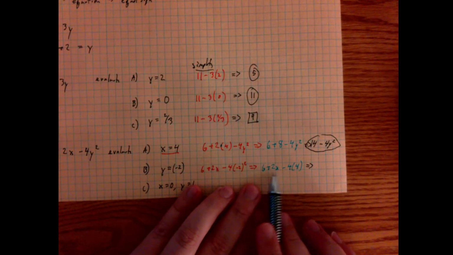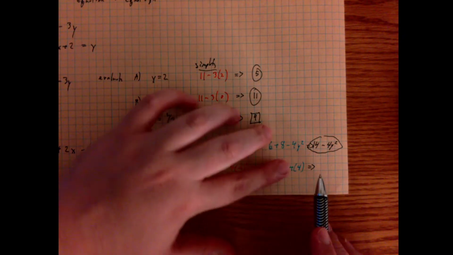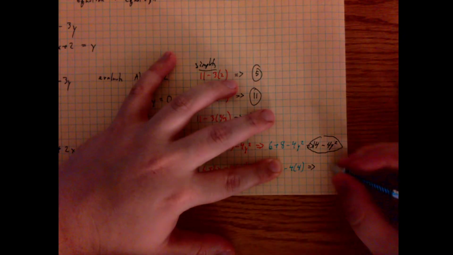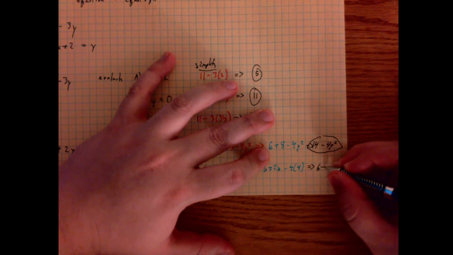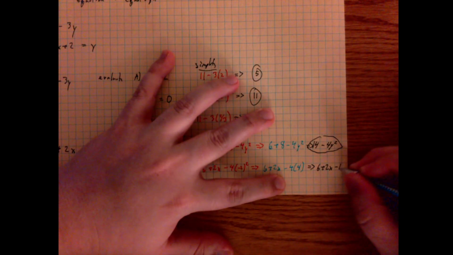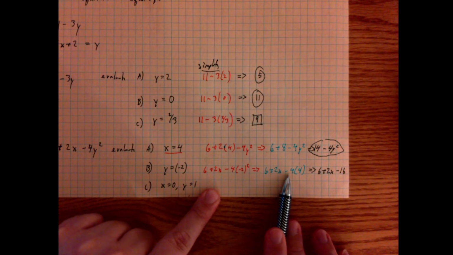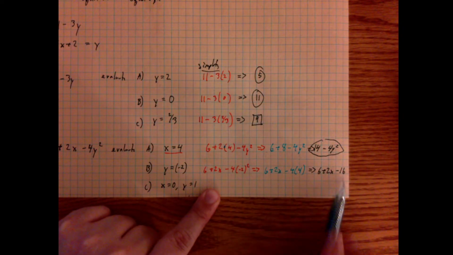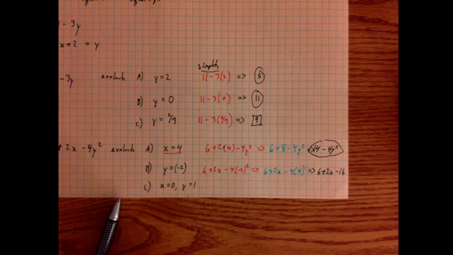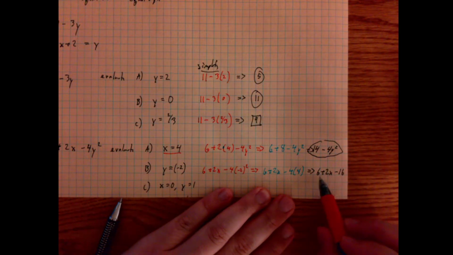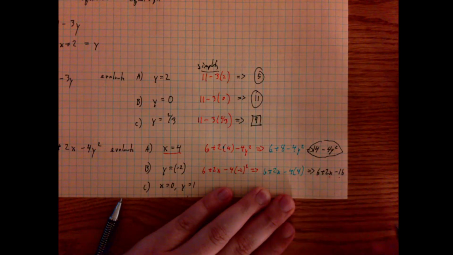Okay, at this point, I still can't do anything with the 6 and the 2x, so I cover those up. I have negative 4 times 4. Negative 4 times 4 is 16. And because it is a negative 4 times a positive 4, it would be negative 16. And then last of these, because there's still work that can be done, I cannot combine the 6 and the 2x, but I can combine the 6 and the negative 16.